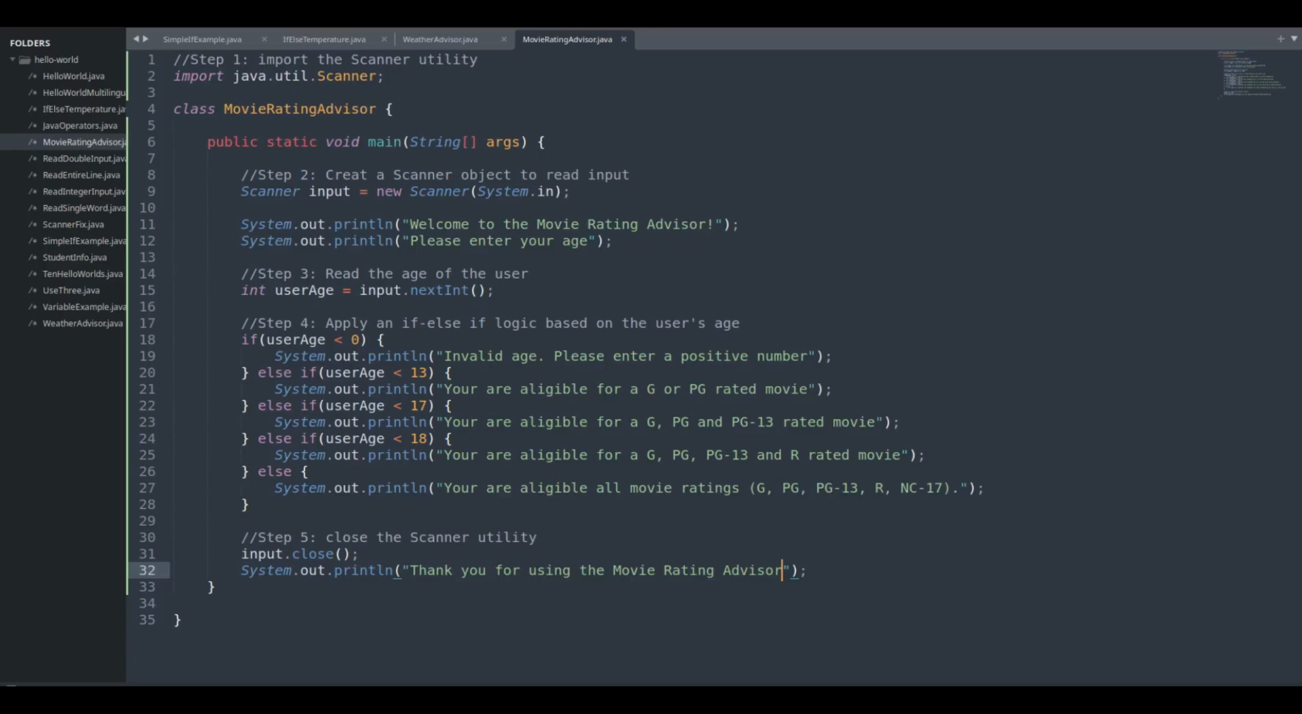Let's look at it first. We import scanner. We say that is always the first step. Then we create our scanner object, which basically is input. We called it input here. Then we prompt the user to enter their age, and that is where we have this point here. From there, the input.next